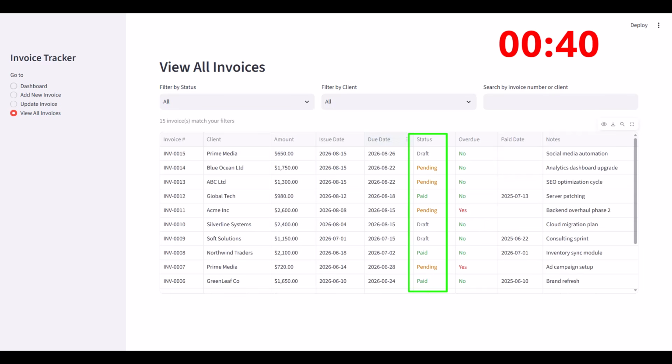And that's it. In just 30 minutes, Claude Code has built this complete invoice application without me writing a single